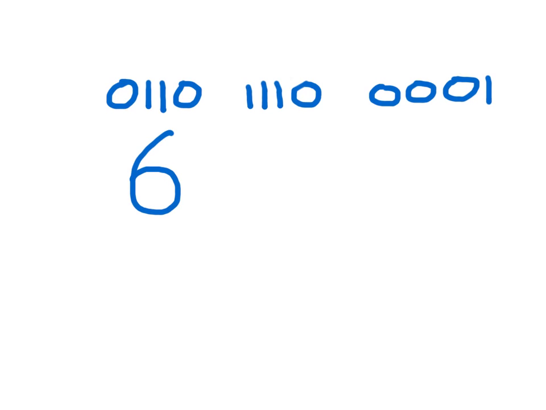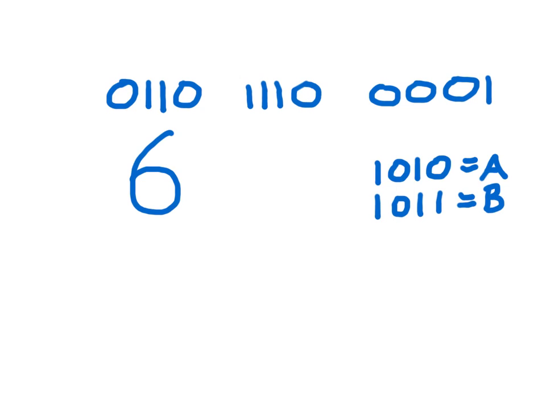And now, the next set of 4 digits is going to require us to remember our table, and we can just write it out real quick. We know that 10 is A, 11 is B, 12 is C,